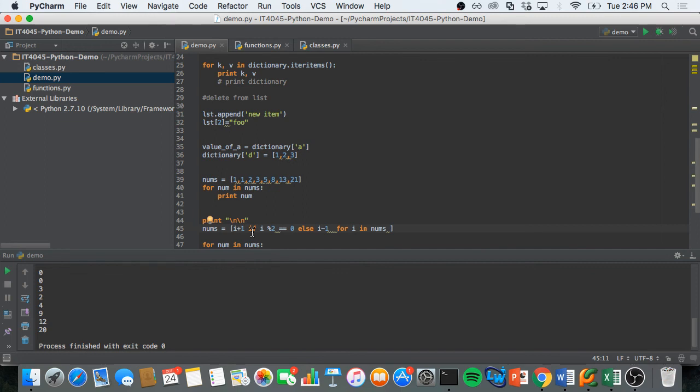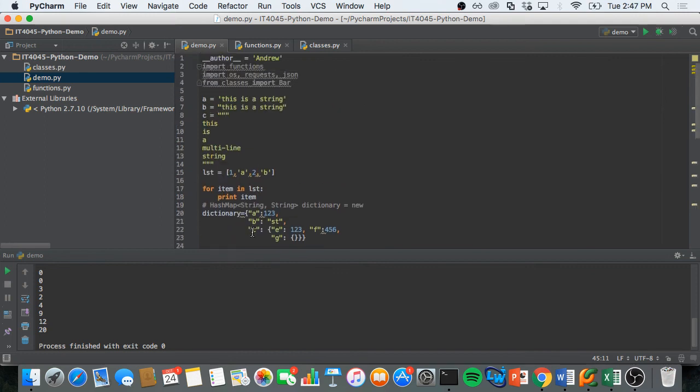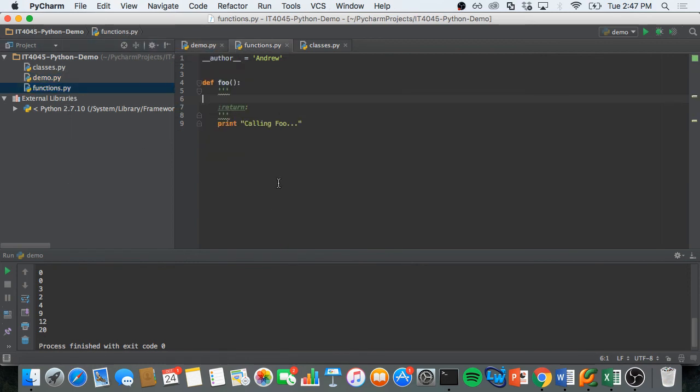But we can simplify this down even further, right? So this is where we can start getting into functions. So we talked about imports and we created a file called functions.py. Now, one method for flipping the signs on our Fibonacci sequence is going to be, instead of doing that ugly ternary, why don't we just write a function for it? So we'll say def. So all Python functions start with def. Basically it's short for define, but we say def